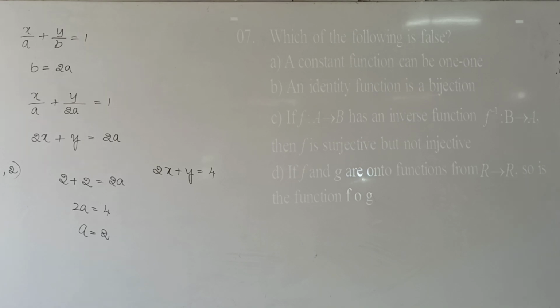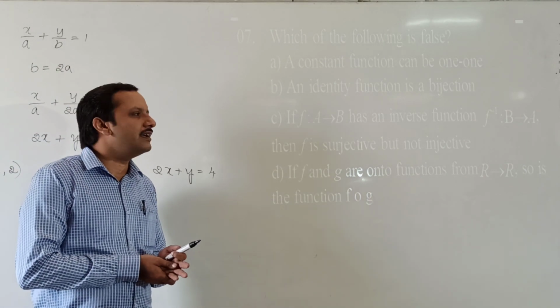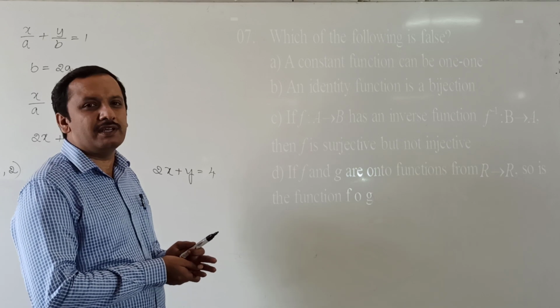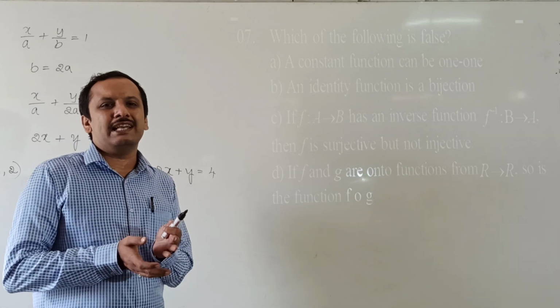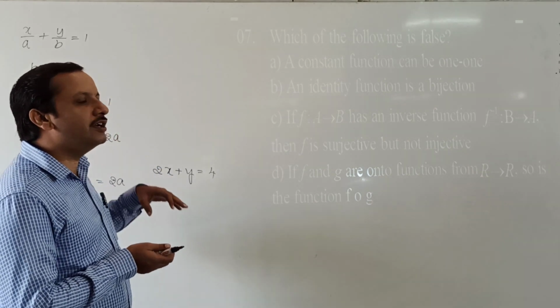Then, 7th question. Which of the following is false? Four statements are given, and you have to identify among them which is false. A constant function can be 1, 1. Yes, it is possible. In general, a constant function is not 1, 1, but if the domain is a